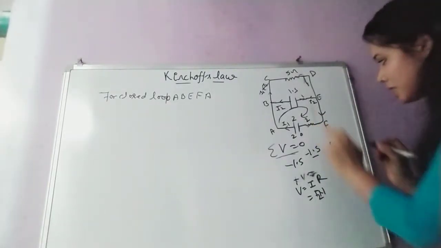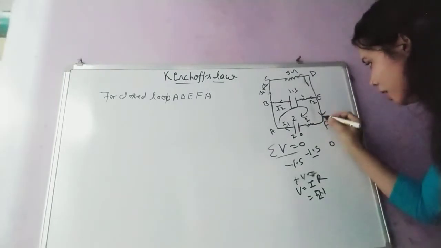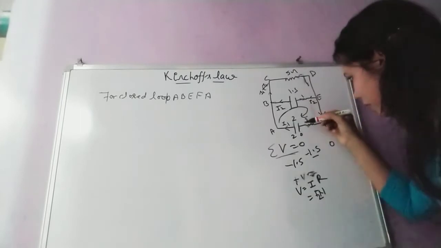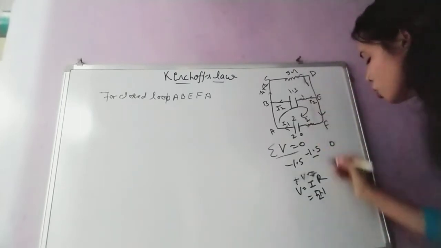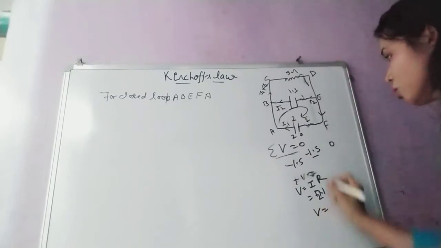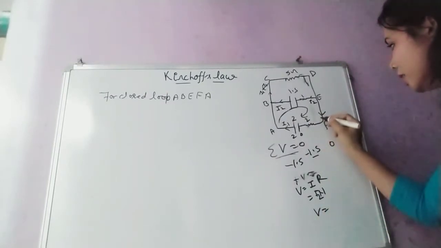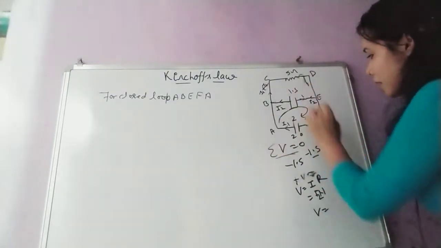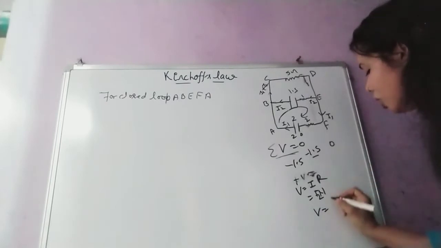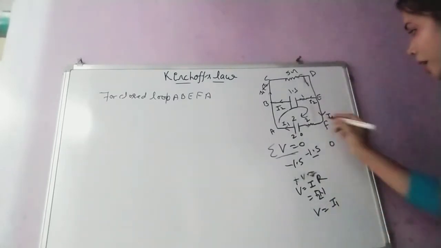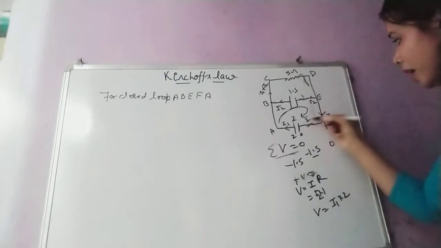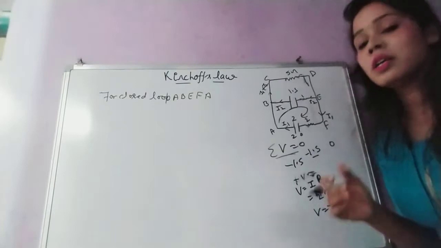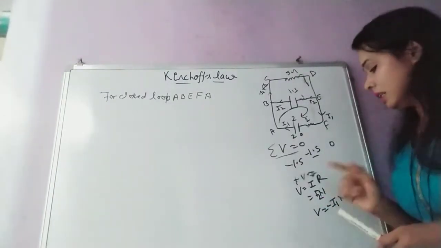If you are taking this resistance, in this case the direction of current is this and also your path is in this direction. So the direction of current and your path both are in the same direction, so you will take negative potential here. So V equals to, this side is moving, I1 current moved, so again I1 will come to the cell. Whatever I1 came out of the cell, the same comes back. So this current is I1. So the I1 current into resistance 2 ohm, but this path is in the direction of current, so I will take it with a negative sign. Understood? I think it is clear to you.